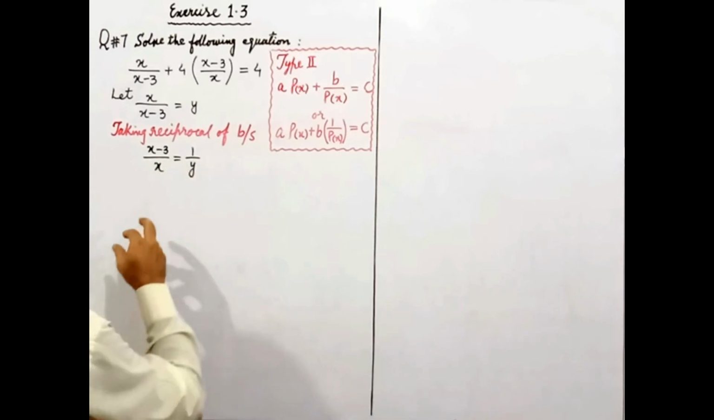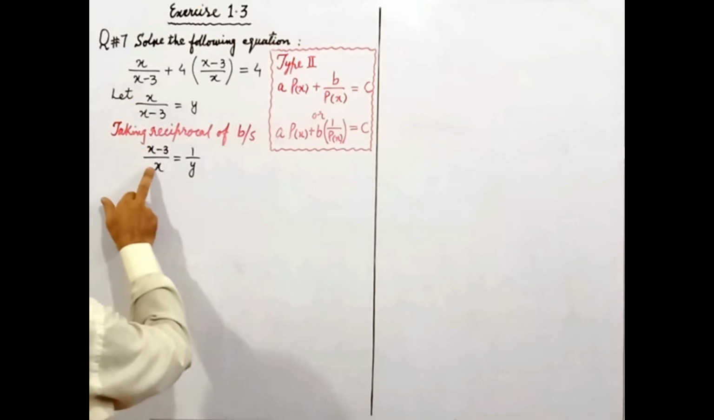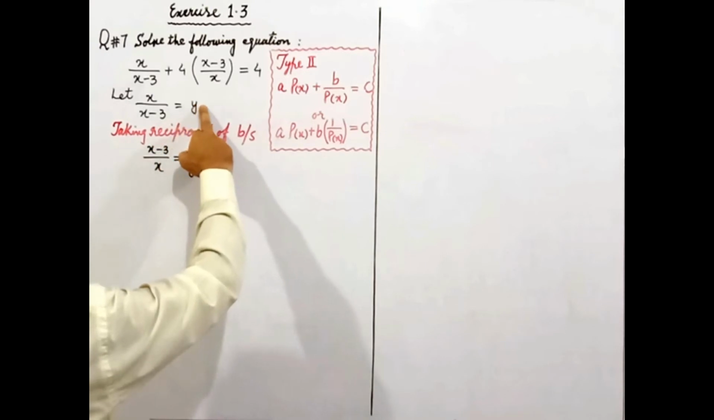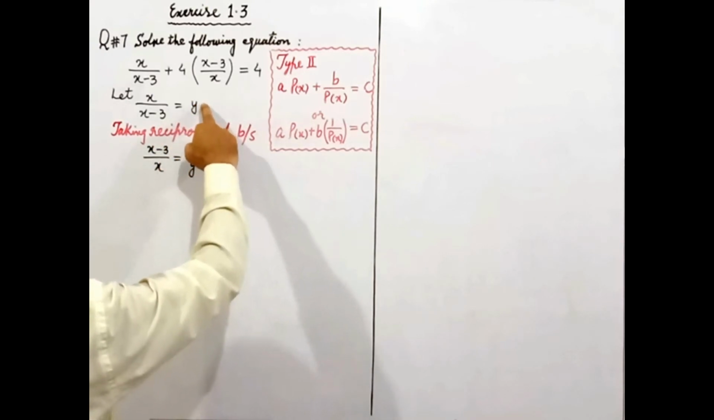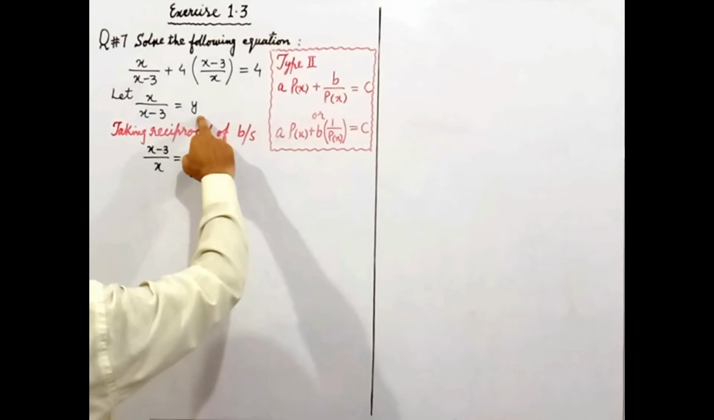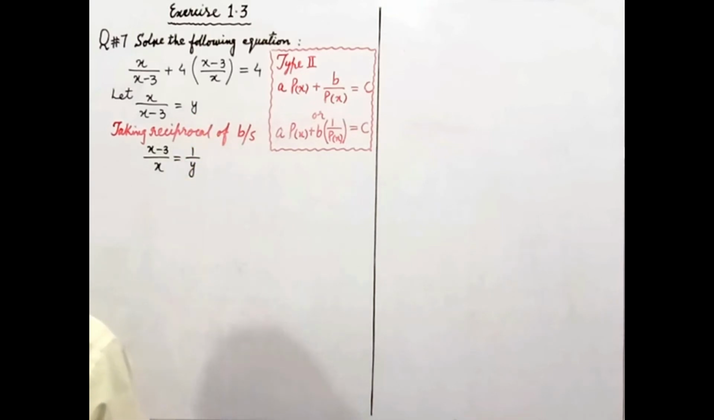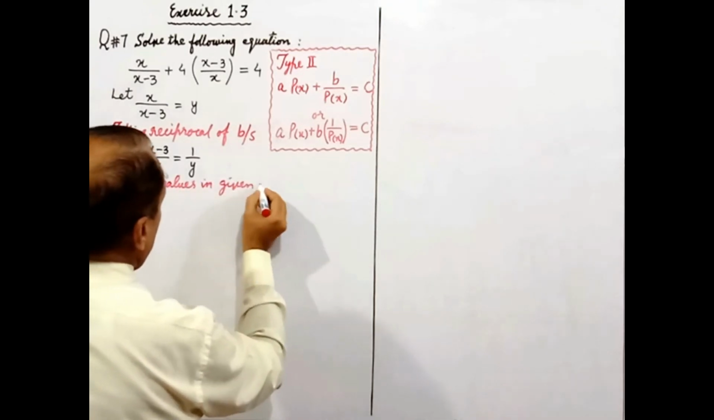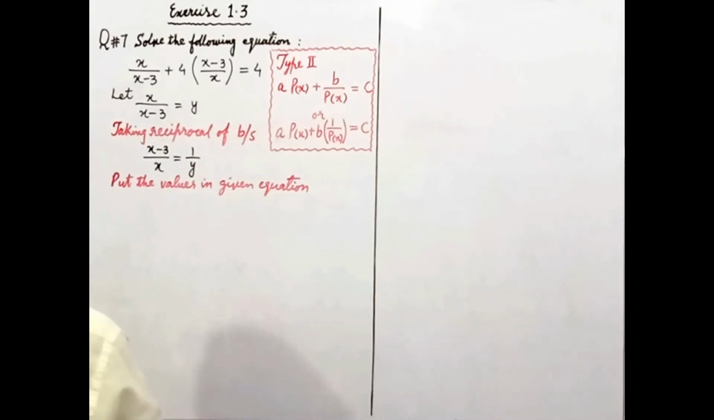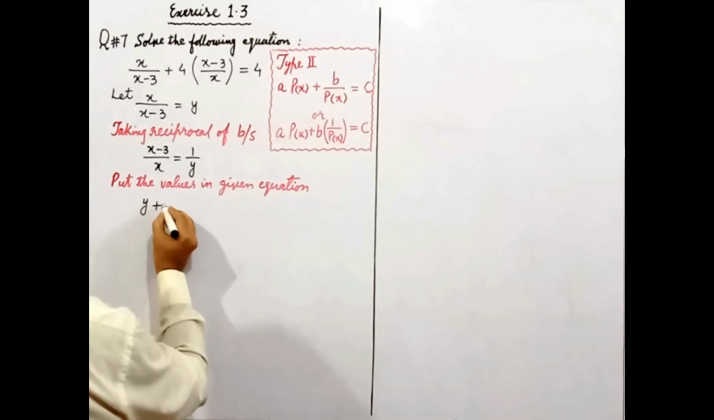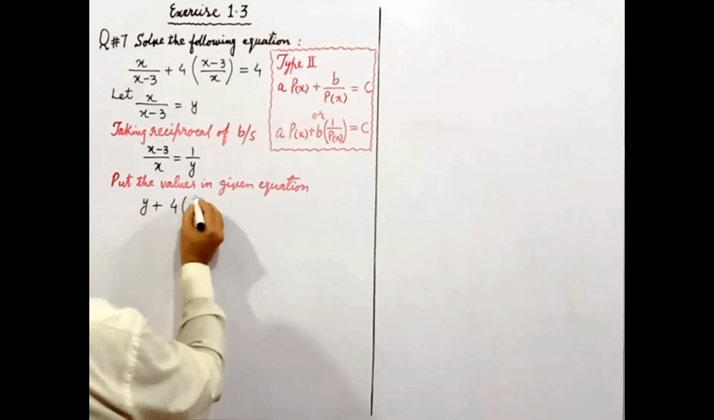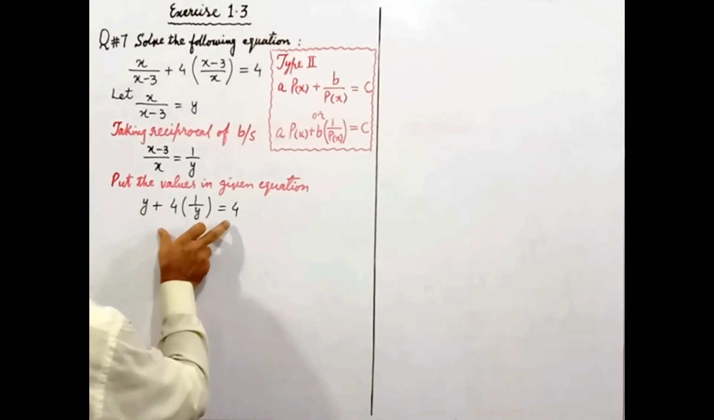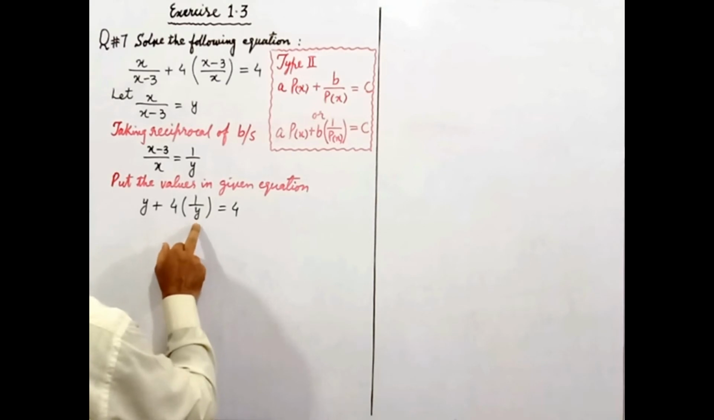When we take reciprocal, the numerator will become denominator and denominator will become numerator. And the same thing we do on the right hand side. In the denominator we have 1, so numerator will become denominator and denominator 1 will become numerator. Now we put the values in the given equation. We have y plus 4 into 1 over y is equal to 4. Multiplying both sides by the LCM of the denominator, that is y,